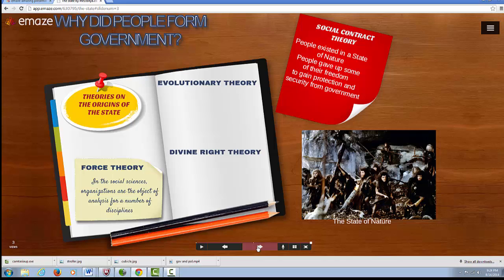The next theory we're going to talk about is evolutionary theory. This theory maintains that government emerged from the traditional family structure. That is, like many families, there's a head of a household, okay? Within a family, you have the ultimate authority figure, and that person runs things, okay? So you have this family structure on a small scale, and as the population in an area grew,